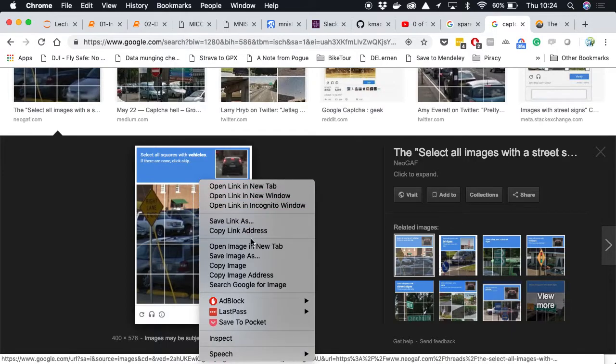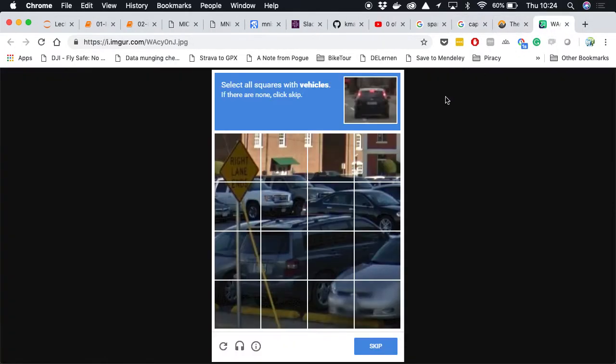Can I just get the image? So here, click on squares with vehicles is a fairly simple task. But trying to do that well, does this square have a vehicle in it or not? It has part of a wheel in it, but it's really at the edge. Or does this one, it has just the top in it? Does that count as having a vehicle in it? Or does it need to be more than half filled with a vehicle? Because if I were doing this, I would probably skip this one and this one, but someone else might click